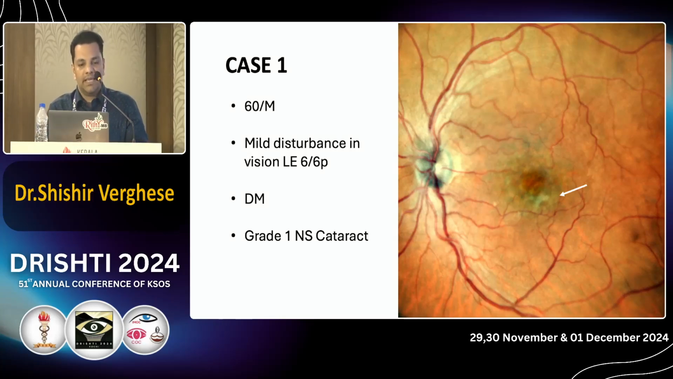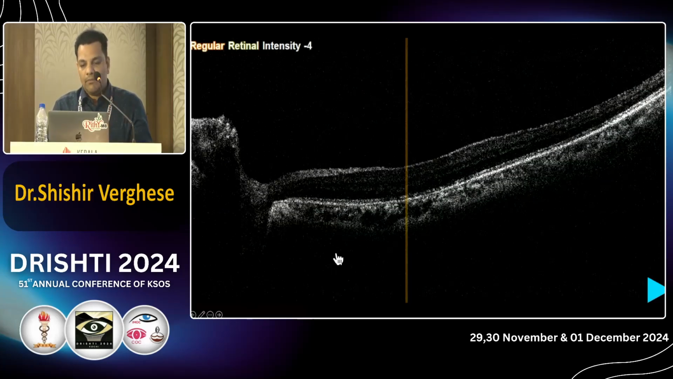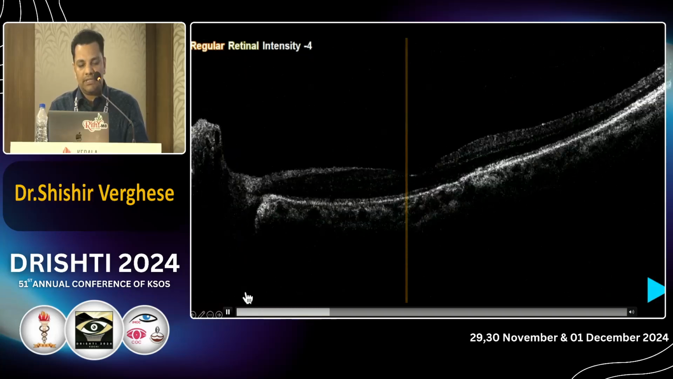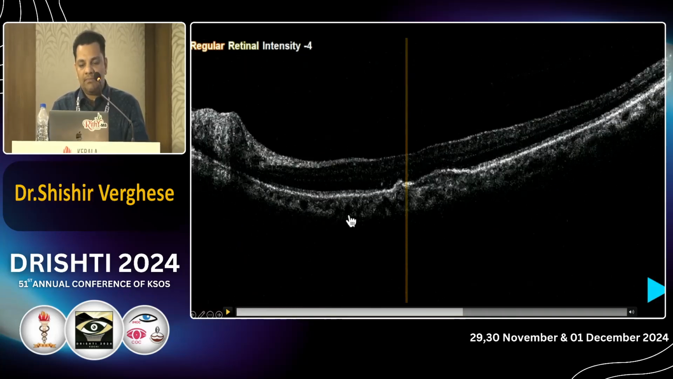So let's talk about this case 1, a 60-year-old male with mild disturbance in vision, left eye 6/9 vision. Fundus exam shows something just below the fovea. He's got grade 1 cataract, and he's also a diabetic. Now when you do the OCT scan, the fovea is fine, but then just below the fovea